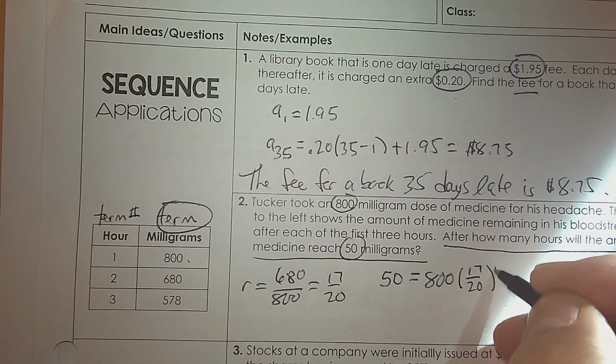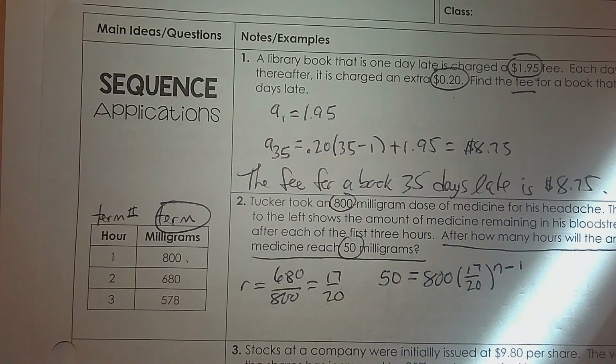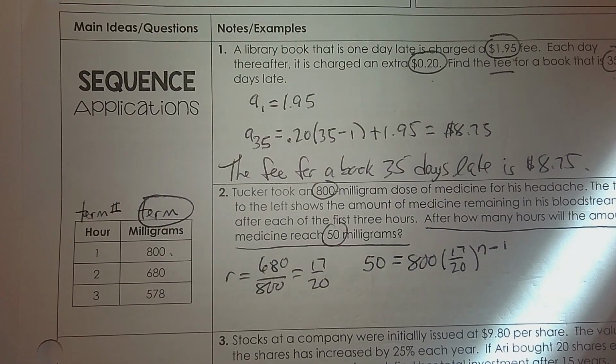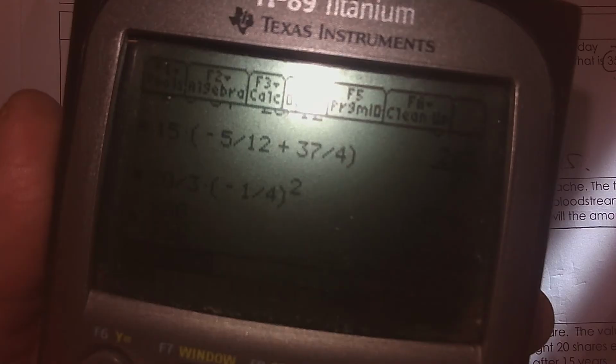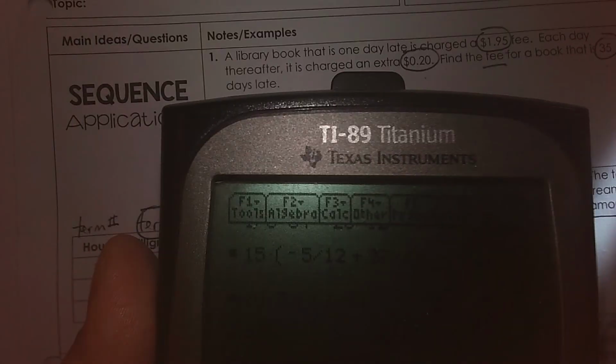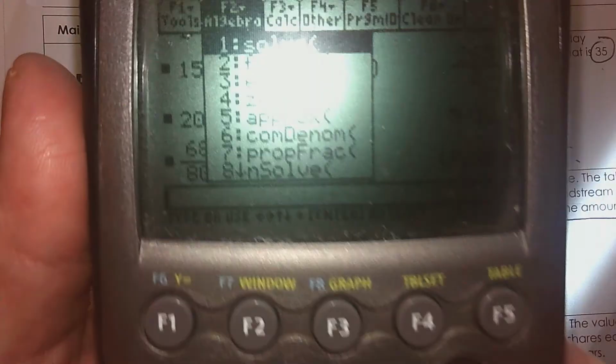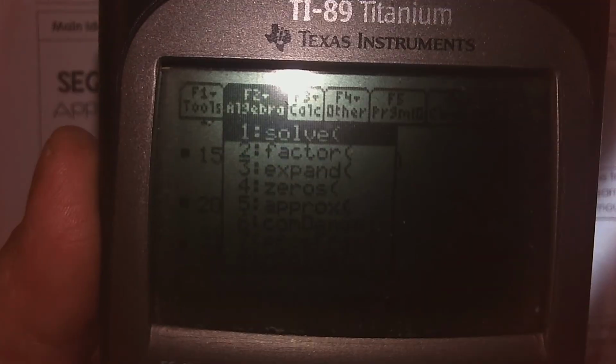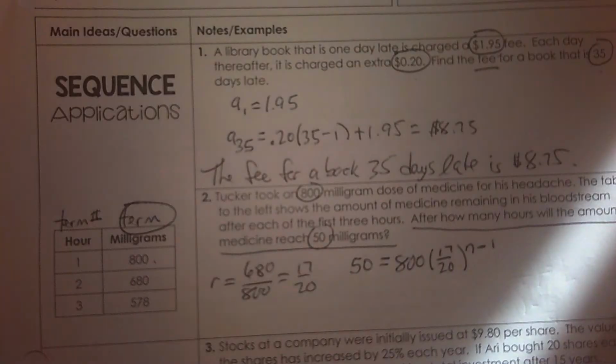And guess what I don't know that I need to find? N. You are going to solve this with the solve feature on your calculator. You're going to press F2, you're going to go to solve, and you're going to type it in. And use the X instead of N. I'll type it in too. So I ask you to press F2, and then go to solve, and then type it in, which is 50